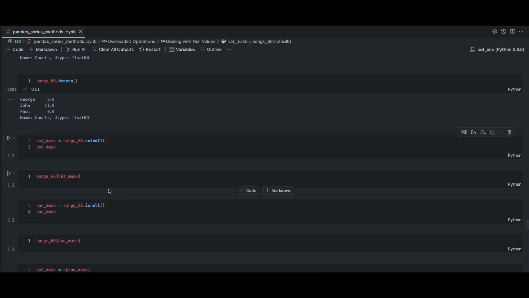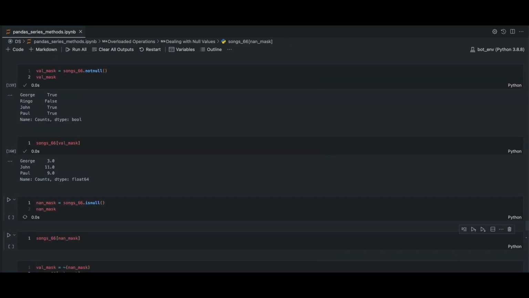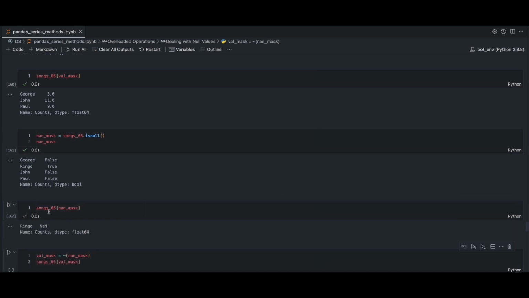The notnull method gives us the Boolean mask, and to get a mask for null values we can use isnull. So let's see it in action. I have created a mask, and this is the mask. Now I apply this mask to my series, and I only get the values where the value was True in the mask itself. And this was for the notnull case. Now let's see what happens for the null case. I see all these False values, only one True,